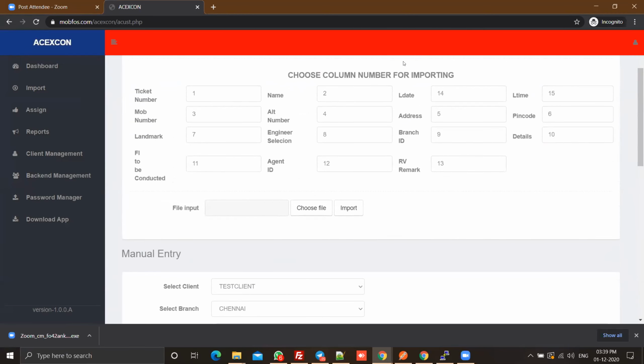Mr. Bhupati, let me just get the sample import file. Sure.